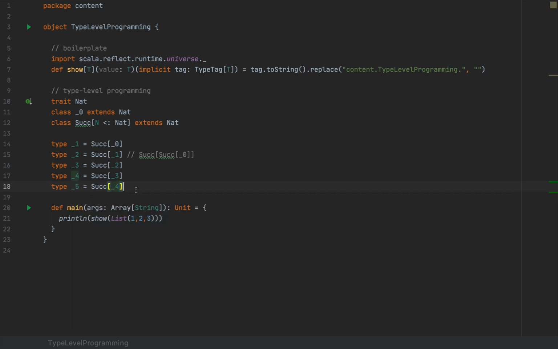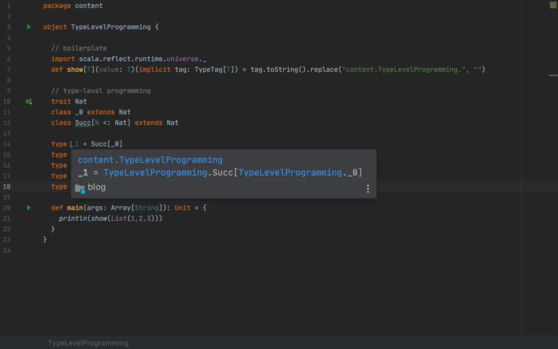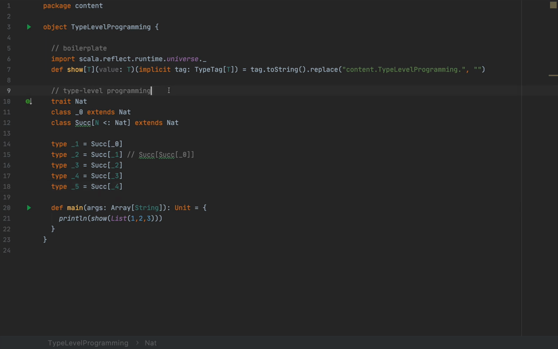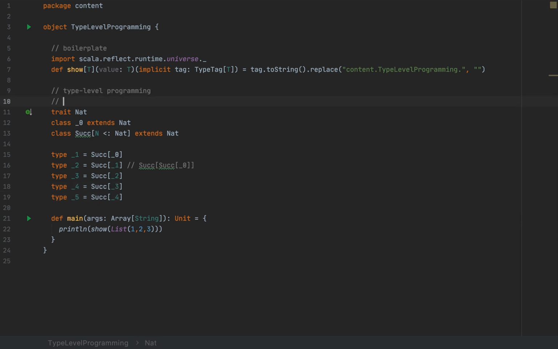So we've defined just a bunch of numbers that we can play around with. Notice that these are types, they're not values. This natural number representation is called Peano arithmetic, from the really nice mathematician Giuseppe Peano, who would probably love Scala if he saw this kind of code,